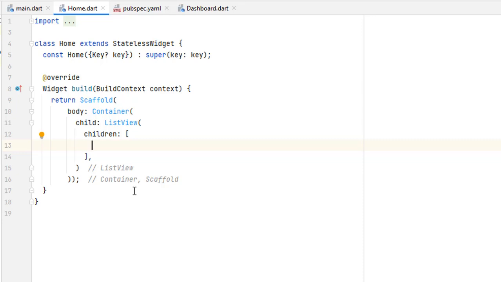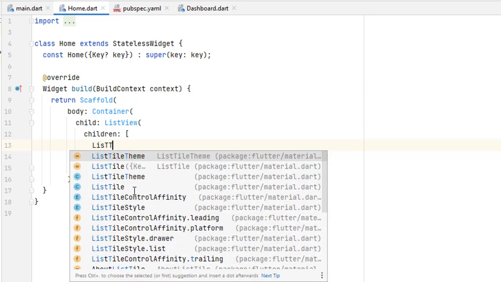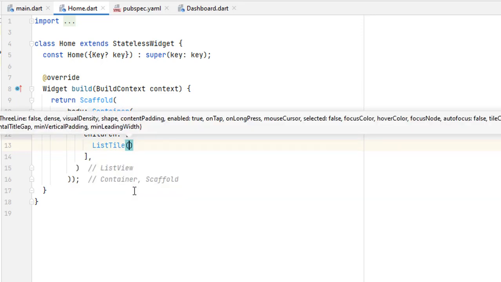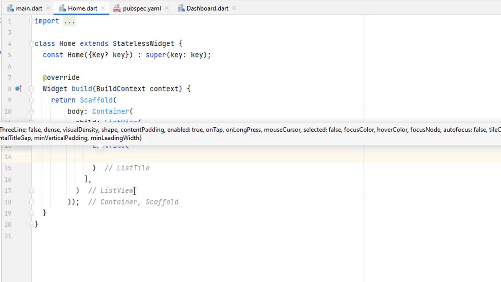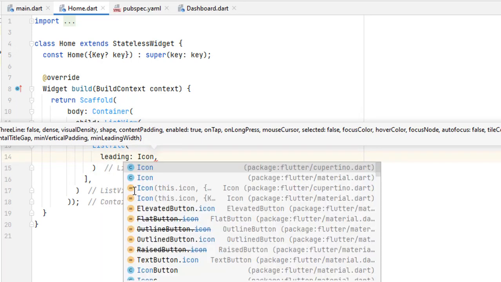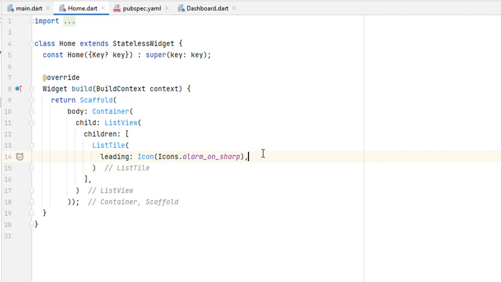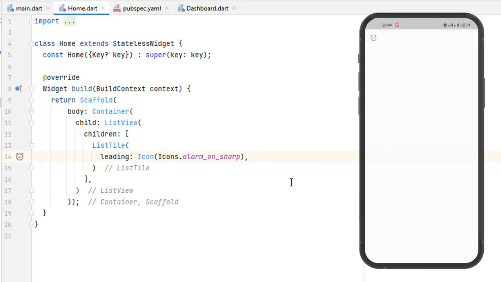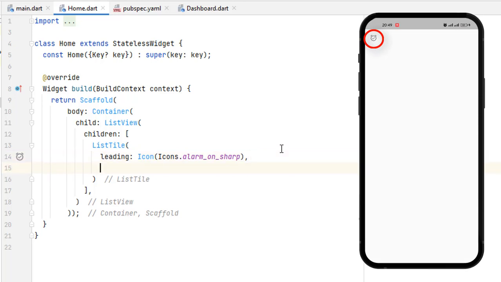So for the list view, let me just add list tile here. This list tile contains a bunch of properties, like we have a leading icon. So at first let me add some icon. Okay, now let's run the application. And you can see a simple icon on the top left corner. Next we can add